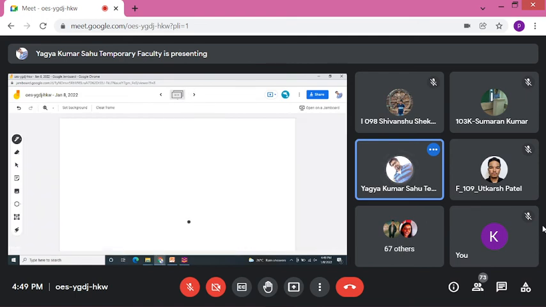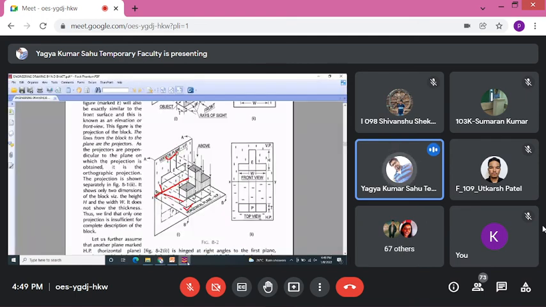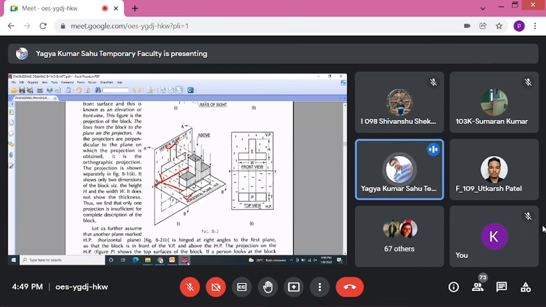So next move करते हैं. So first angle, third angle clear? It is clear now. What is the meaning of first angle? What is the meaning of third angle? Yes, sir. This first angle and third angle is used for drawing, okay, practical drawing. Second angle and fourth angle are not used. Why?